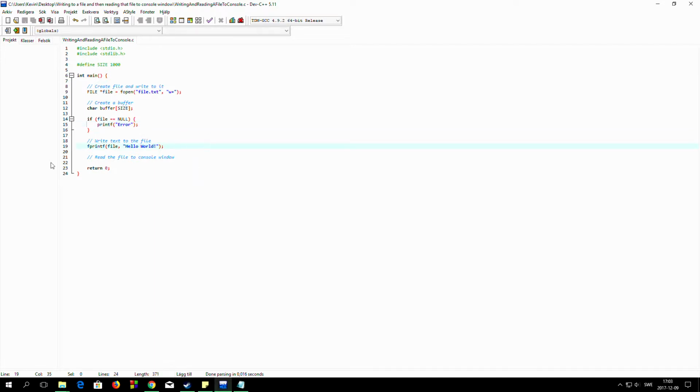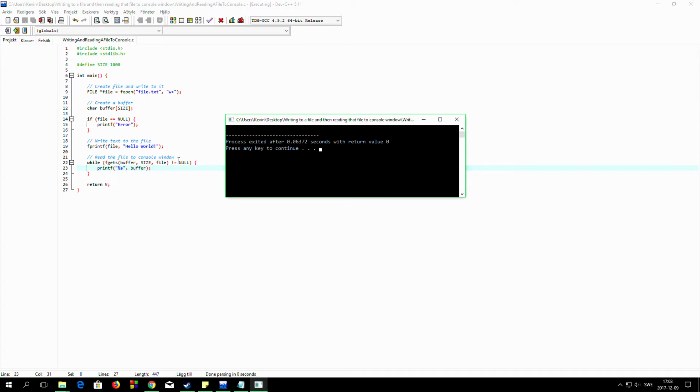And then I want to read the file, and I thought you did it like this: the buffer, the size of the buffer, and the file, as long as it's not equal to null, which I guess means the end of the file, kind of. And then I thought like normally the printf, and then the buffer, but this didn't